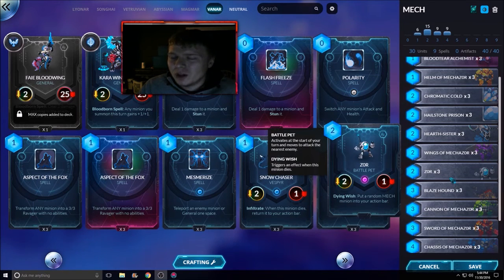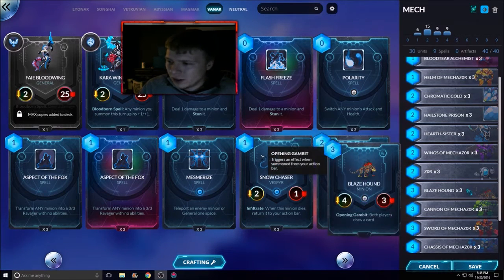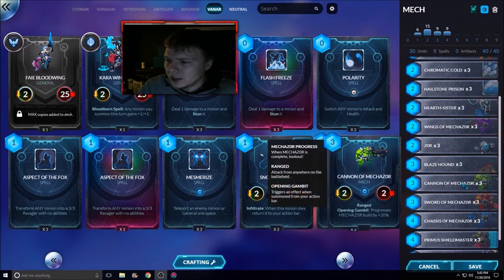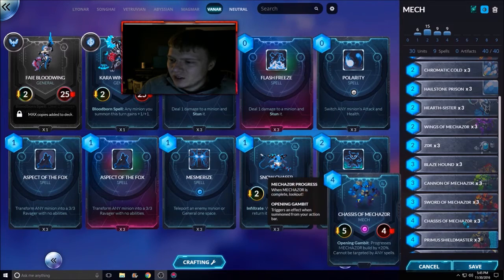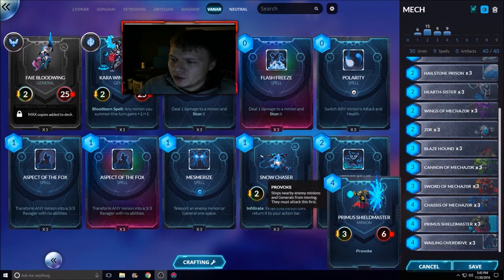He's good, but when you're playing Mechazor in a meta that's very quick at the moment, with a lot of aggro and tempo, and Argeon going around, it's just very hard. He's a good card, though, and I still like him. 3 Blaze Hounds for the draw, because we do need a little bit of draw in this deck, and he's a 4-3, decent body. 3 Cannon of Mechazord, 3 Sword of Mechazord, 3 Chassis of Mechazord, 3 Primus Shield Masters